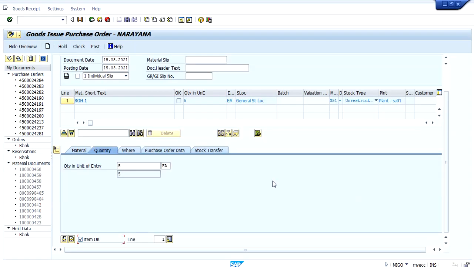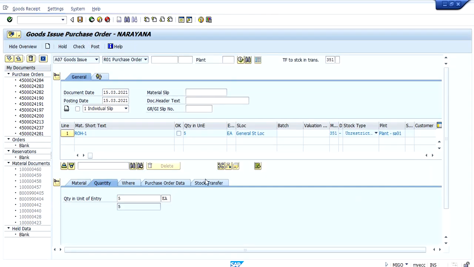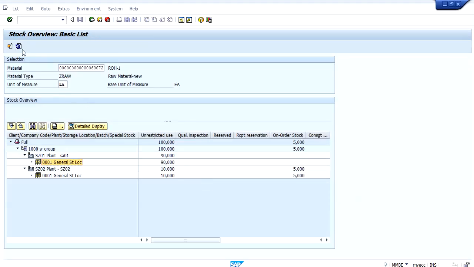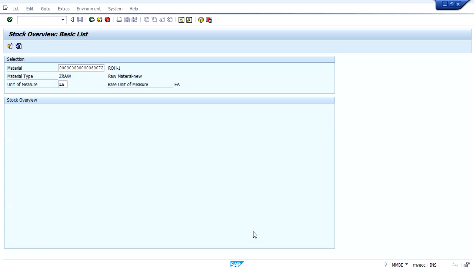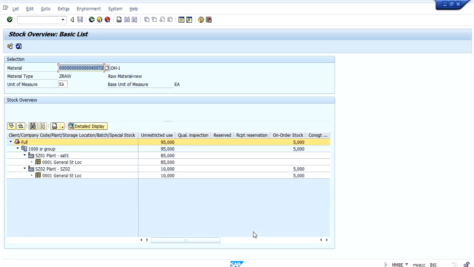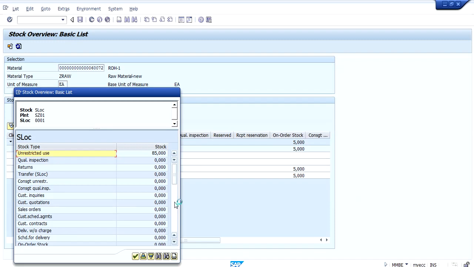So now once we post the goods issue, let us see how this will get updated. So now it has become 85. If we go to detailed display, here we can see there will be a 5 quantity which will be in transit.